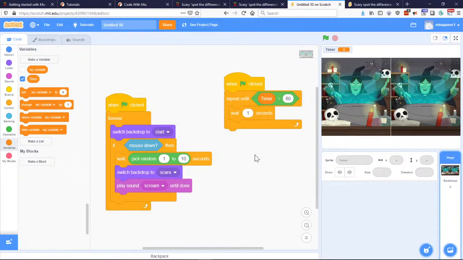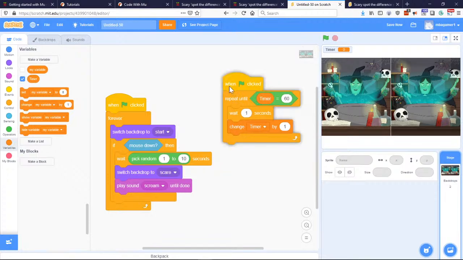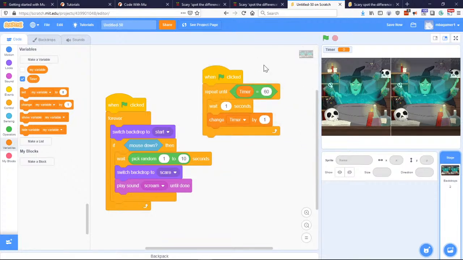I think that would be okay. And then we want to change timer by 1. There you go. Okay, so when we click the flag,